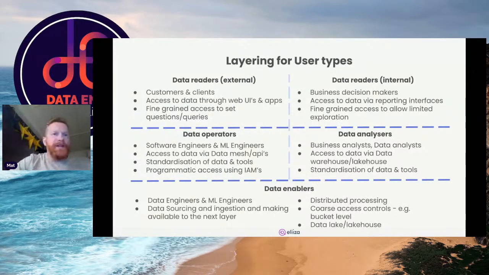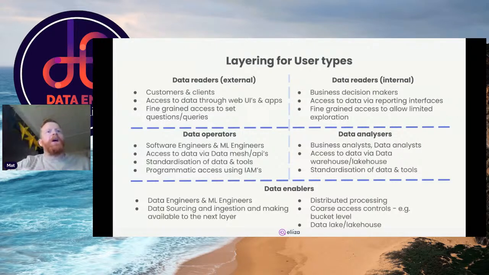And again, we're looking at a lakehouse architecture at this level. So from the bottom level, from the data enablement level, the data is cleaned and processed and then pushed up into the next level. So the data operators and data analyzers are only getting that nice, clean, processed data, which they can just use without actually having to know where it came from or what format or condition it arrived in. They're getting standardization of the data, and so they can use standard tools to access and process this data.